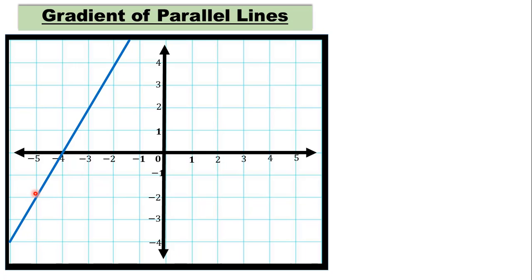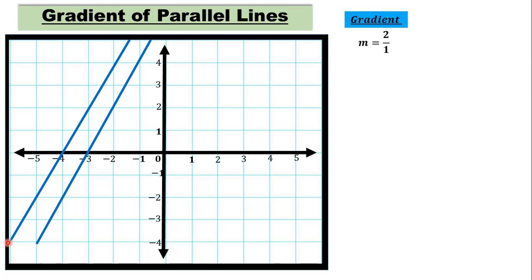vertical direction. So in order to find the gradient of this line, we will simply divide its vertical distance, which is 2, by the horizontal distance, which is 1 unit. So the gradient of this line is 2 over 1, which equals 2. Let us now draw another line which is going side by side with it, having the same direction and having